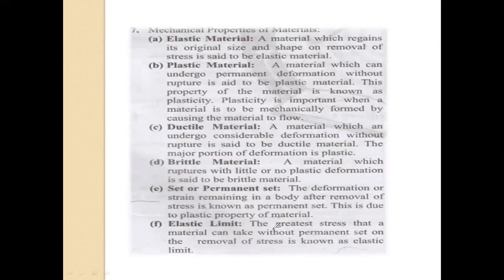Then elastic limit. Already we have studied it. The greatest stress. Elastic limit means up to that point the material is elastic, or the properties of the material or the dimensions